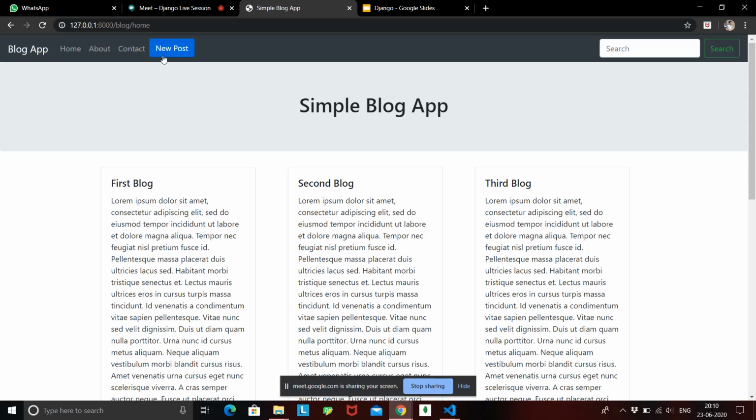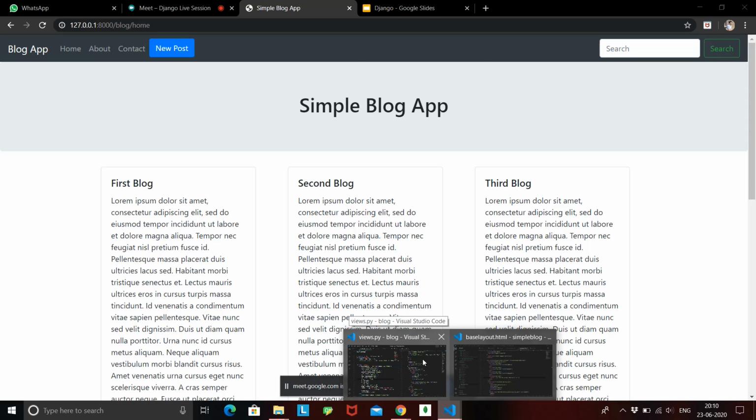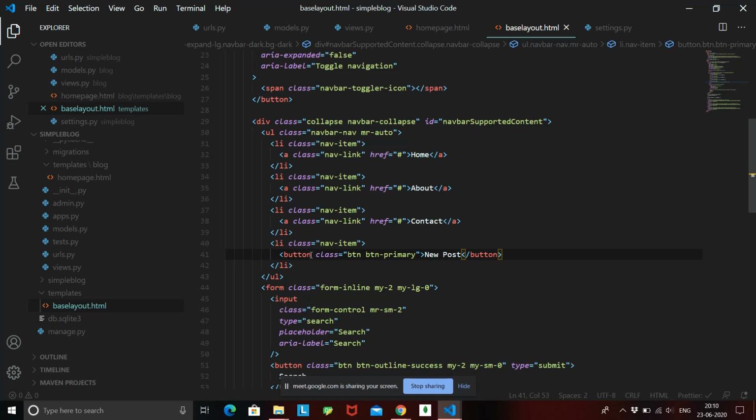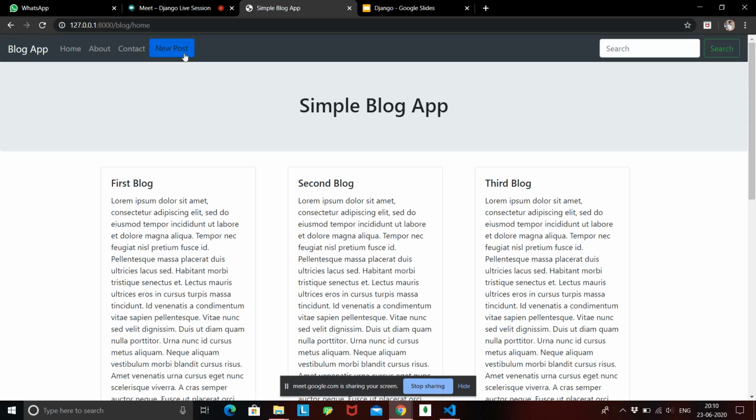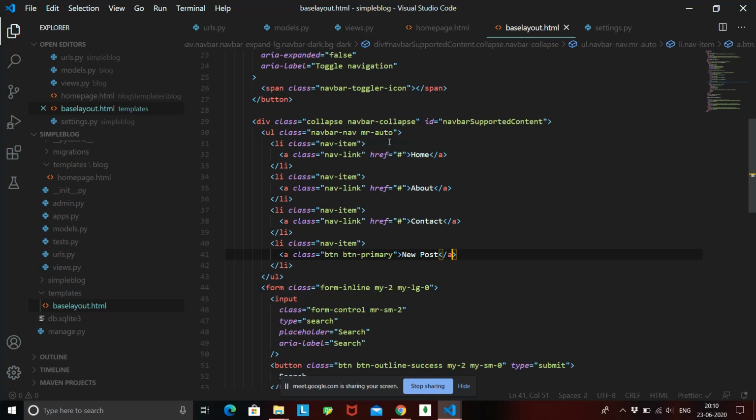We have created this small button over here, and we need to assign it a URL that will take us to the new post page, right? So how can we create a URL around this button is that instead of giving a button over here, we'll just wrap it inside an anchor tag. If I wrap it inside an anchor tag, this should work basically fine the same way. But now I need to give a path over here once I click this new button. Path can be given using href, and I'll say href go to new post.